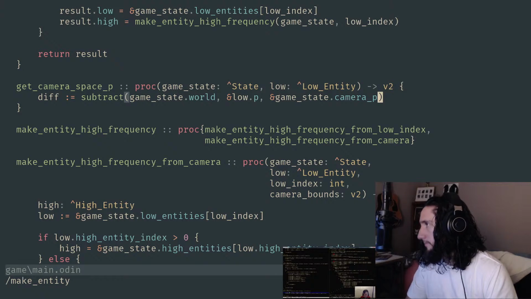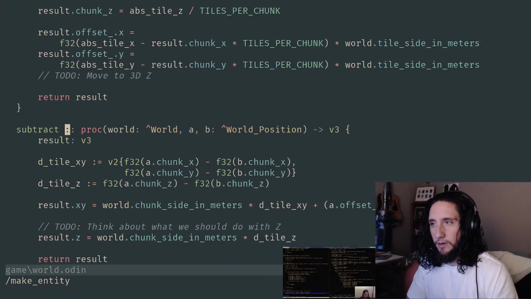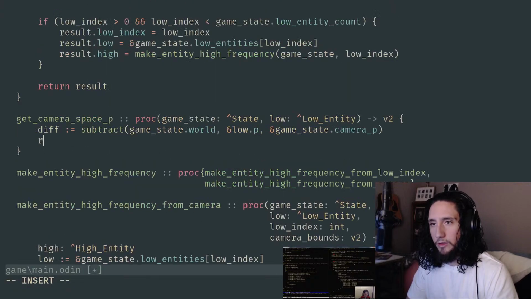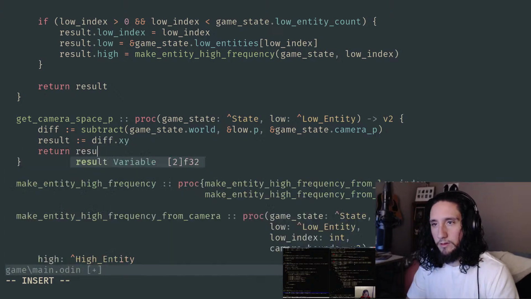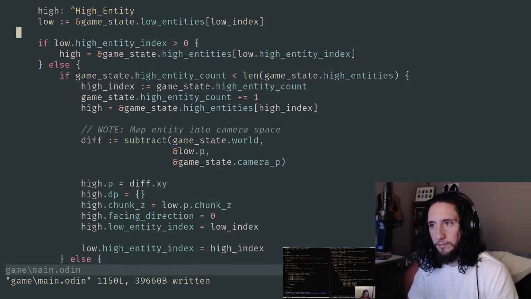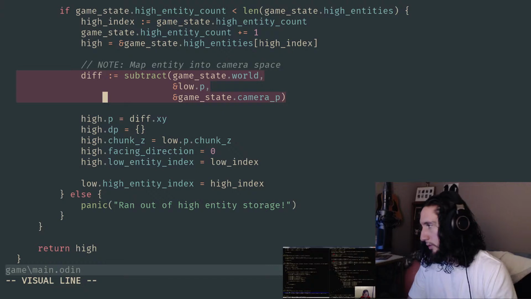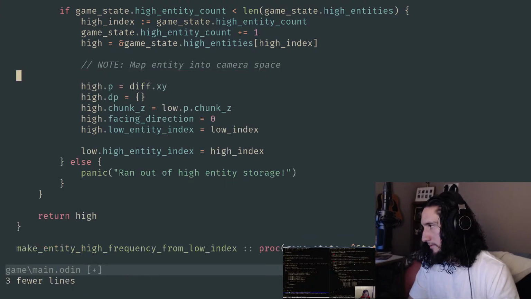So this brings back a V3, which we don't need. We just want the X and Y off of that, and then we return that. Okay, so then in here we would just replace this with the camera space P.